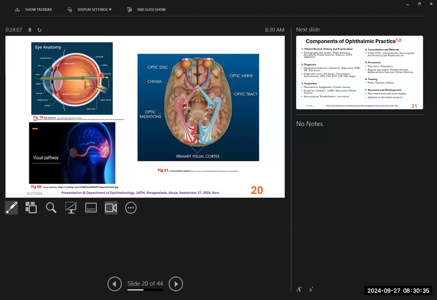These rays of light go through some changes, generating impulses, and that impulse will now be relayed through the optic nerve. This is the same axons coming from the retina here that continue. Some cross to the other side, while some continue. It terminates around the lateral geniculate body here, as a nucleus, we'll call it a body if you like.